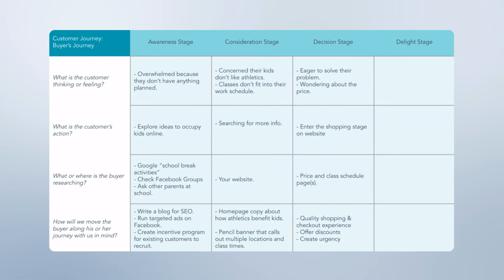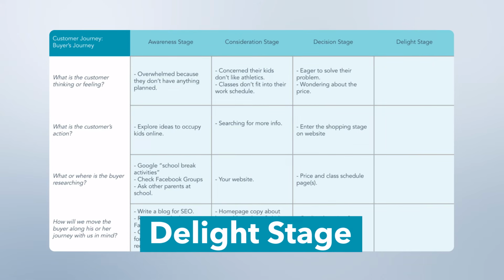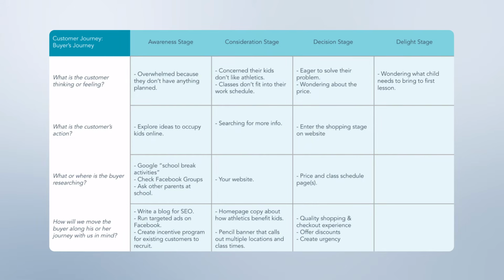Boop. Magical. You can also use a delight stage, which encompasses any post-sale service you can offer to exceed customer expectations. Maybe you keep getting emails from parents asking if their kids need to bring their own soccer ball. You can start sending a preemptive email a week before class begins, and if the answer is yes, use this as an upsell opportunity for parents to buy the ball directly from you, saving them the effort of going to the store or having to shop online.